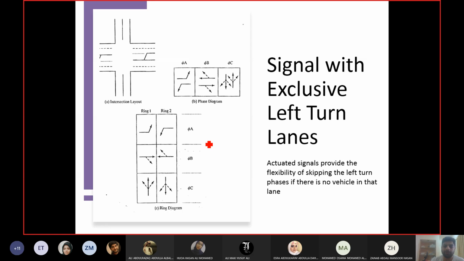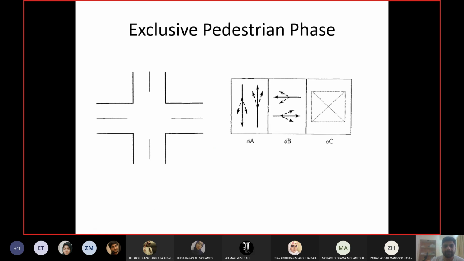And you can imagine why we are not doing it in this course, because it's a very advanced level analysis. So we cannot complete it in this course. This is an exclusive pedestrian phase. This is a signal that has an exclusive pedestrian phase. So this is an intersection from the first example which I showed you. One lane in each direction, all turning movements are permitted, and then they have a separate phase for allowing the pedestrians. So no movement is allowed in this phase. In the third phase, no movement is allowed.